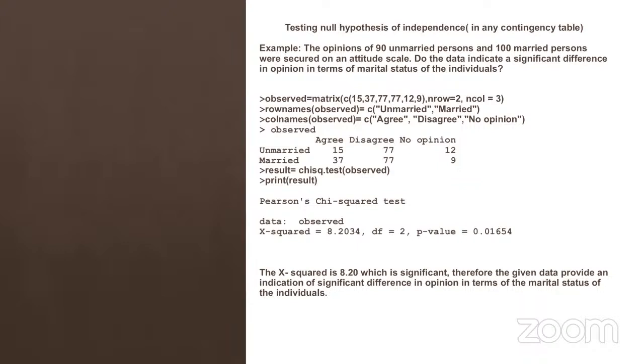And these are the column names: agree, disagree, no opinion. So this is the distribution. After that, the chi-square test. And this chi-square test is significant at the 0.01 level or 0.02 level. Okay. That means there is some association between them.